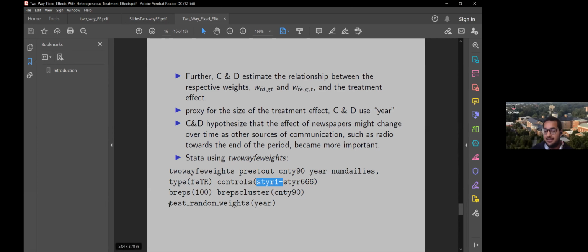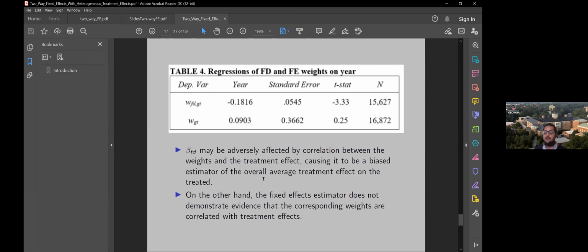And so what you give the option is that test random weights and tell which variable you're proxying it with. So that's here. So interestingly, the results of the estimation is that if you run a first difference, you get negative weights and it's statistically significant. And what this tells us is that it is correlated with the treatment effect, the size of the treatment effect, and it might be causing our first difference estimator, or the first fixed effects estimator, two-way fixed effects estimator, to be biased from the average treatment effect on the